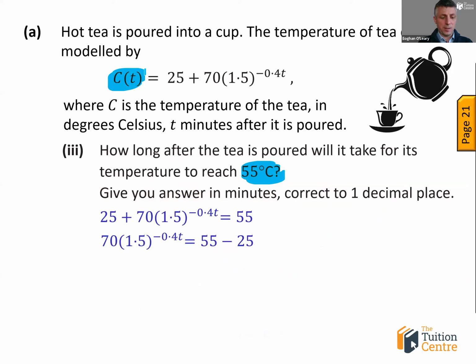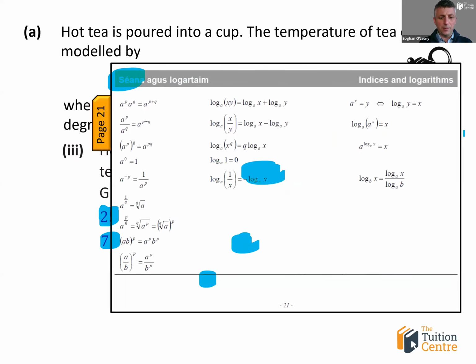You take the 25 here from your 55. So what's that going to give you? 30. You're going to divide that by 70. Why 70? Because you're dividing across by the coefficient on the 1.5. It can only work to go